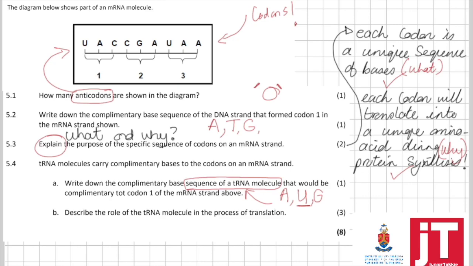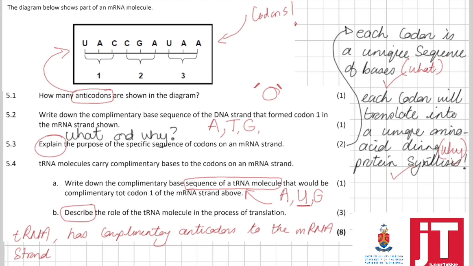Last question over there, 5.4b. Describe the role of tRNA molecule in the process of translation. tRNA has complementary anticodons to the mRNA codons that exist on the mRNA strand. This carries the unique amino acid to be placed in a specific sequence during protein synthesis. So there is us describing why